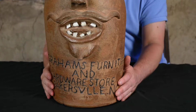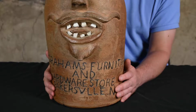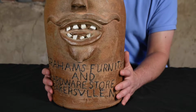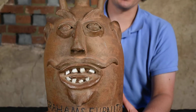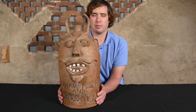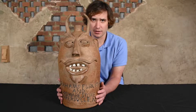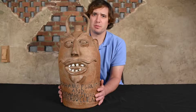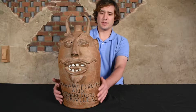Now this outstanding piece was made for Graham's Furniture and Hardware Store's opening in 1941. So there's pretty clear evidence of the exact year that this was made, 1941, by Davis P. Brown. Now, some of you may remember this piece being pictured in Turners and Burners, the well-known book on North Carolina pottery. And in that book, it's actually attributed to another member of the Brown family. But Charlie Brown, a descendant, has indicated sometime in decades past that this piece was actually made by Davis P. Brown. We can see the maker's mark here